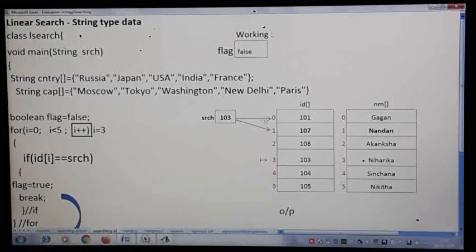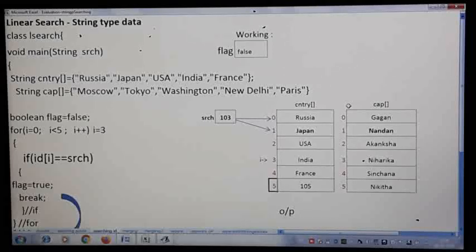If your arrays are something like this, what is the array? First is the country array, and the next one is the corresponding capital array. This is how you initialize it. This is a search element, then the next country India, then France.